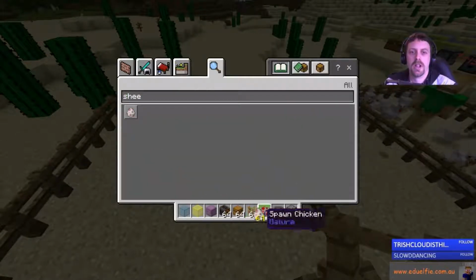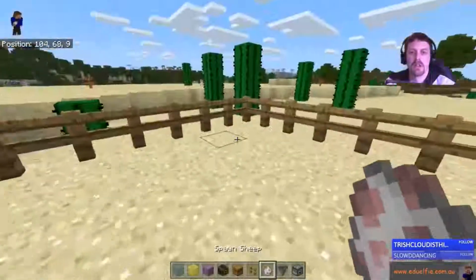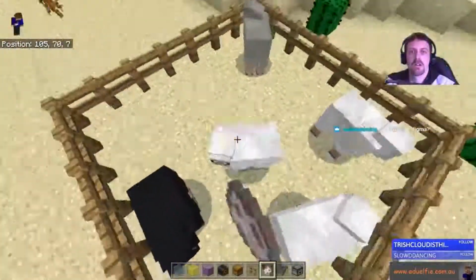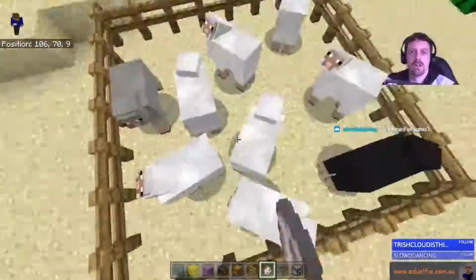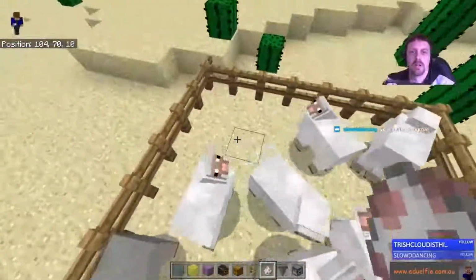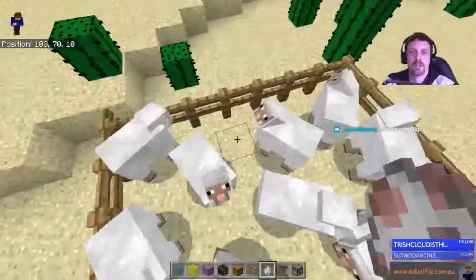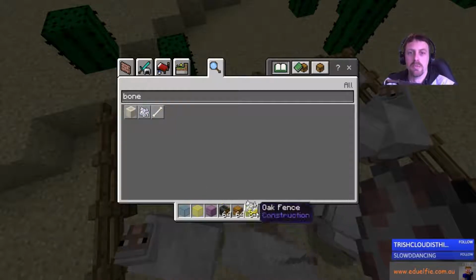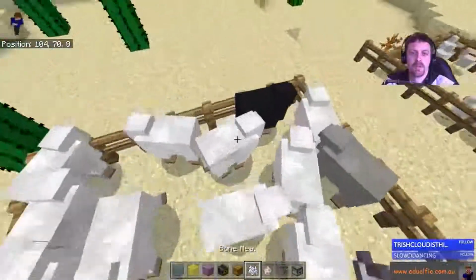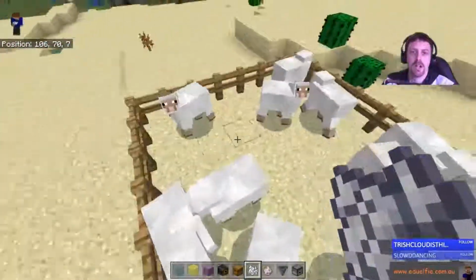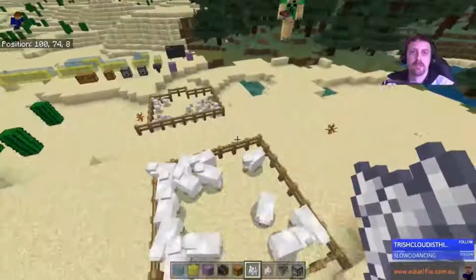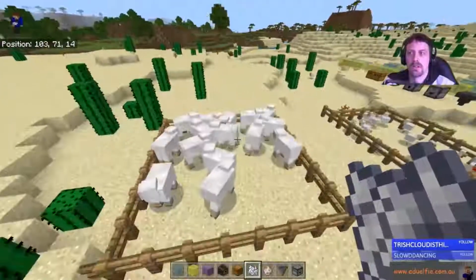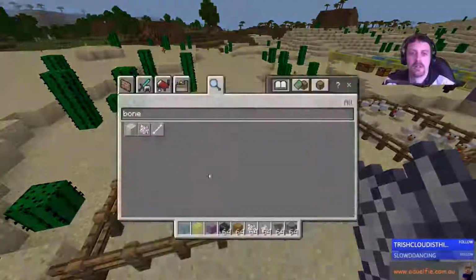All right. What if we did that process a bit easier? 9, 10, 11, 12, 13, 14, 15, 16. So instead of moving them, what if your task was to recolor a quarter of these sheep? Oh, that's a good idea. How do you do that? I don't know how to do that.